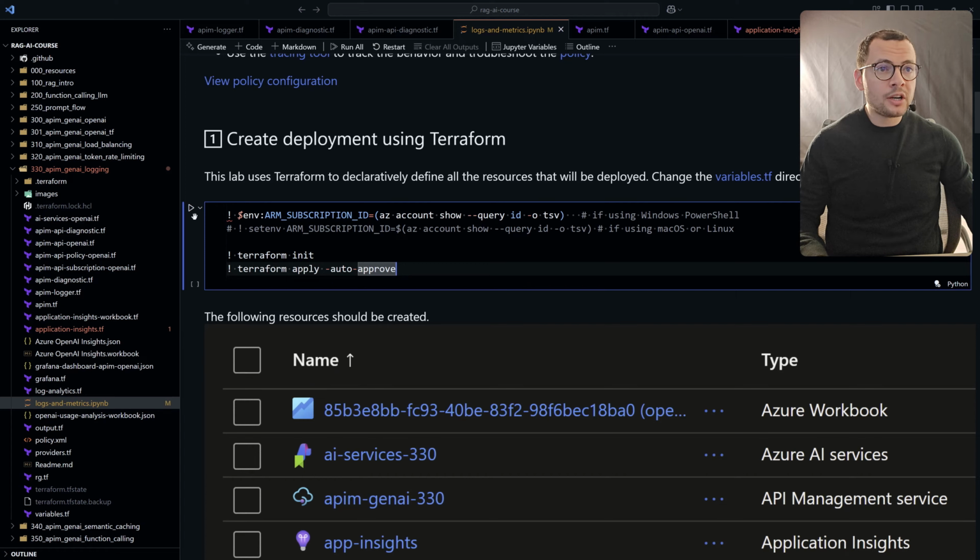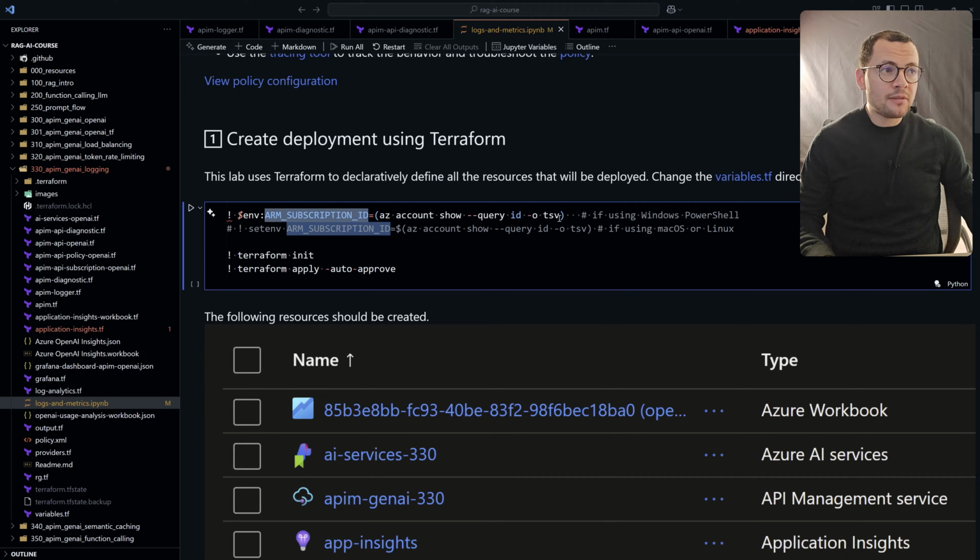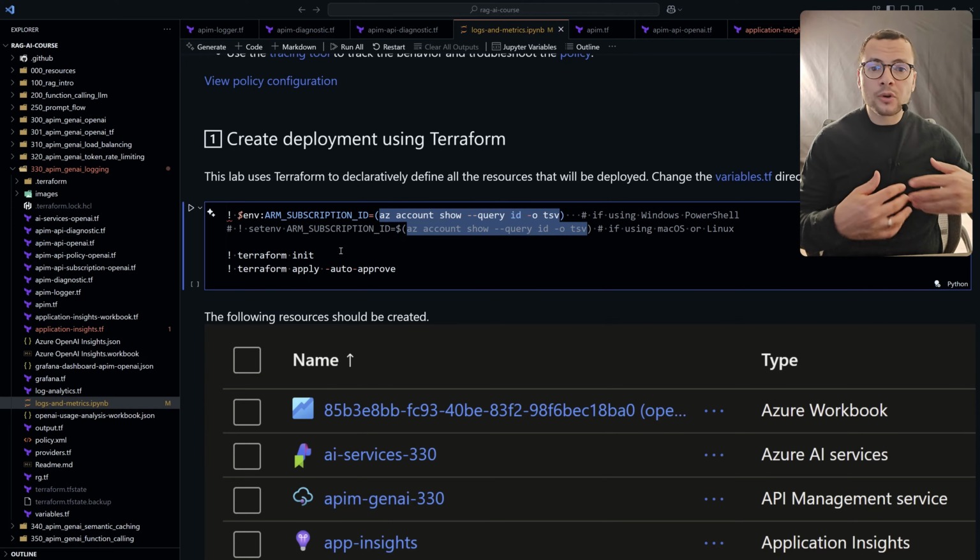So first of all, here you should create the resources in Azure using Terraform, and for that you can just run this Terraform code that will run the Terraform commands terraform init and apply. But before that, make sure that you are saving within an environment variable called ARM_SUBSCRIPTION_ID the subscription ID that you want to use, and that's going to be the target for your resources